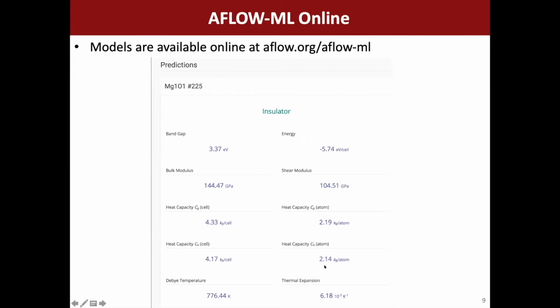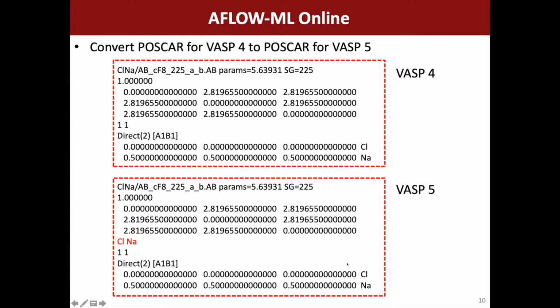So like I said, an important thing to note here is the difference between the two different types of POSCARs. For example, for sodium chloride, here's the VASP version 4. So we have, first of all, our title line, then our lattice constant multiplier. We have our lattice vectors. We have how many atoms of each element we have. Then we have this line, whether it's fractional or Cartesian. And then we have the individual atom positions. And in this version 5, now we have this extra line listing